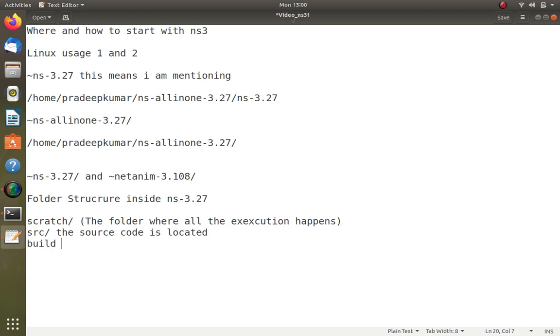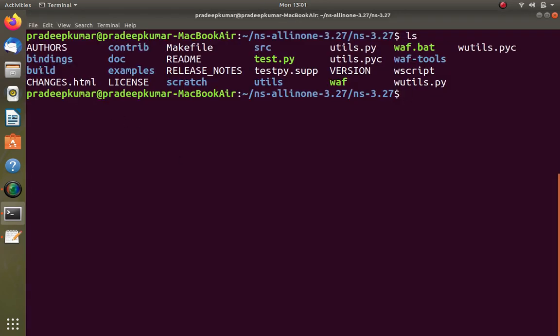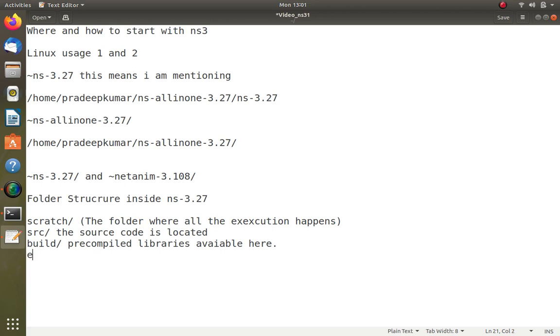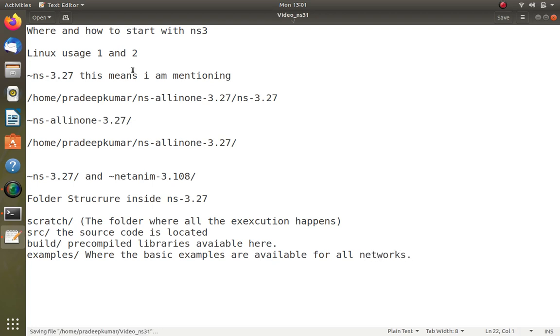In build, the pre-compiled libraries are available. These are the things that we might be needing. And finally we have the examples folder, where the basic examples for all networks are available. Whenever we want to do programming, we have to copy the file to the scratch folder from any location, and then we can run the examples.